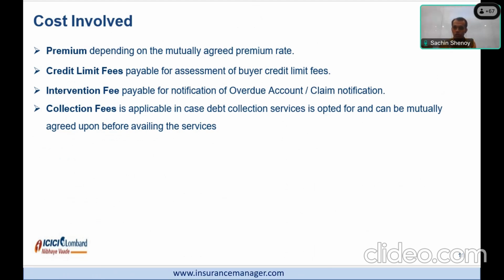And we stick to TAT also. So for example, if it's a private limited company, we have a TAT of 2 days. In 2 days we would come back, disclosing the name of the insured, and we check whether such a business is available there or not. Along with that, we also have a system or portal which you will have access to.